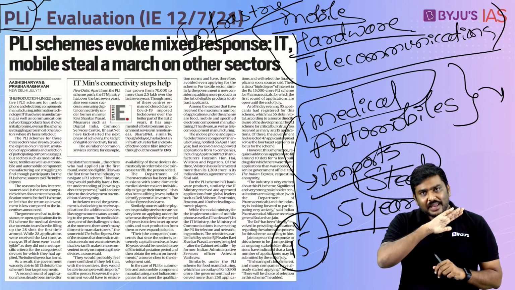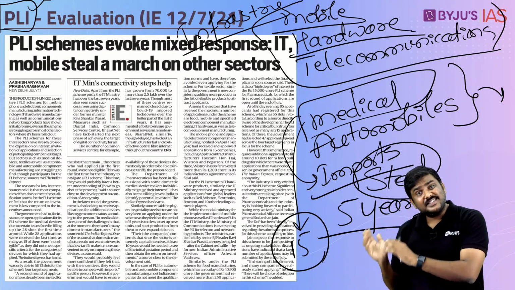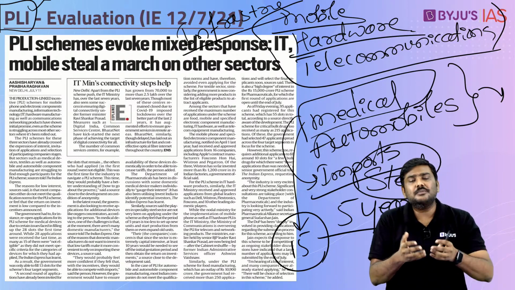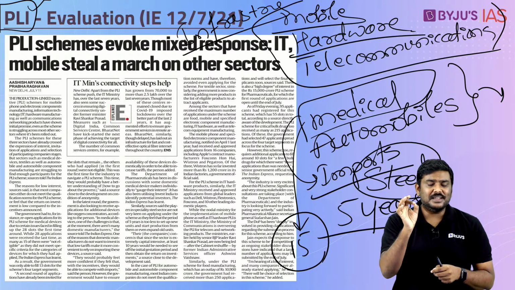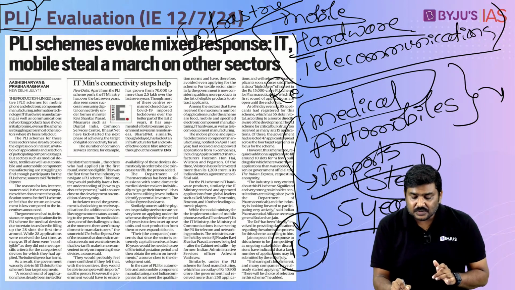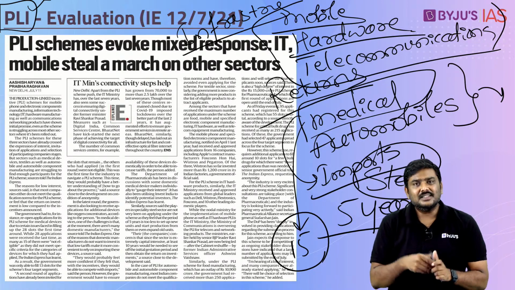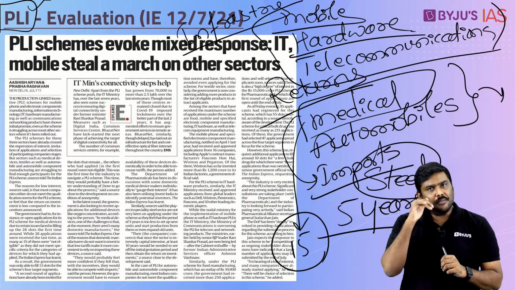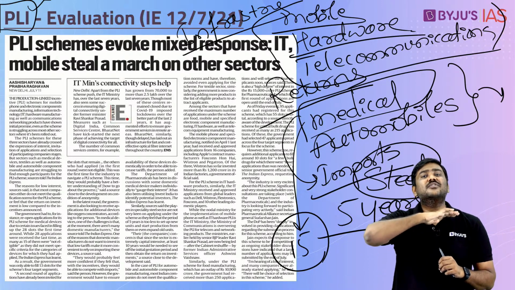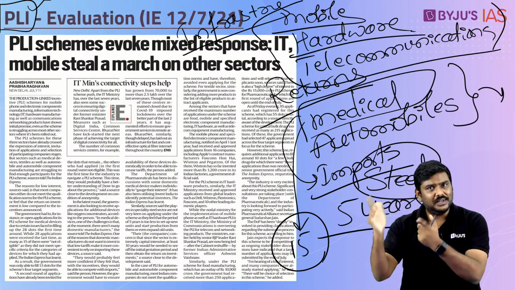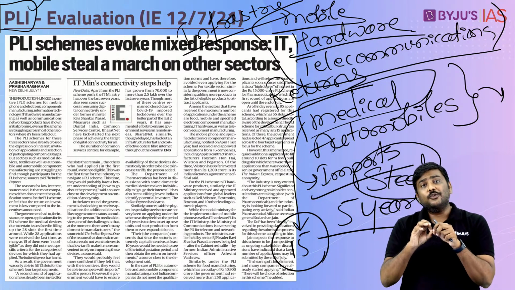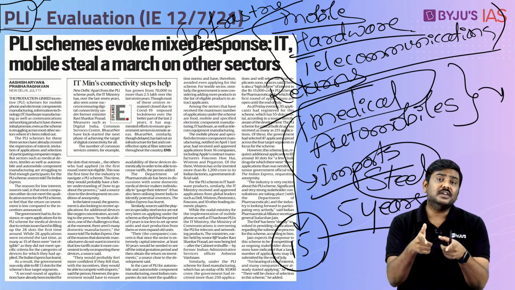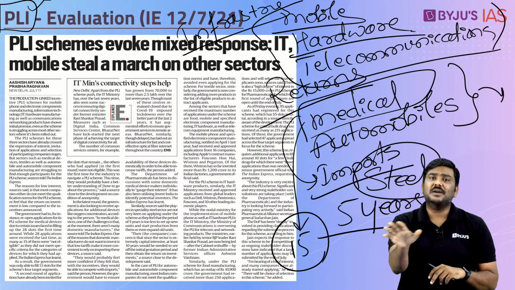Fourth issue: many participants in other sectors or industries are simply not willing to invest under the PLI scheme, for a simple reason. They are saying that the returns which are generally guaranteed, or incentives guaranteed, are in the range of 4 to 6%. The amount of returns guaranteed is not sufficient for us to make an investment in the Indian market. So maybe if you can increase this incentive, then we will look at investing in these sectors.